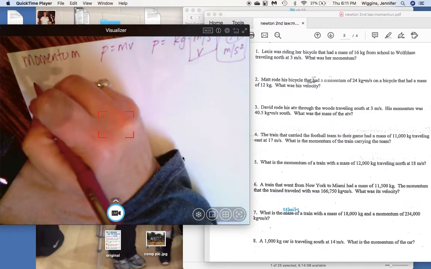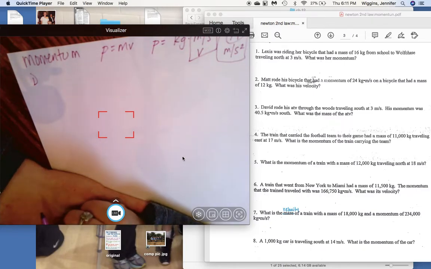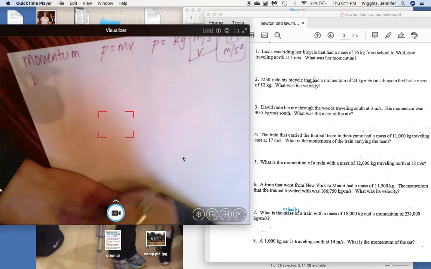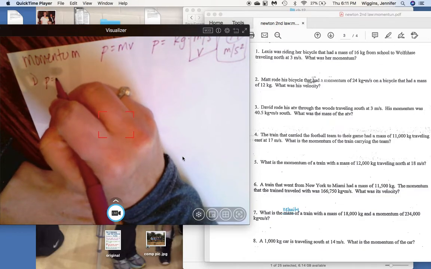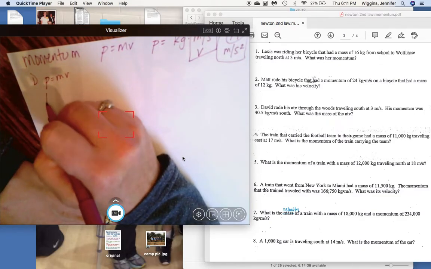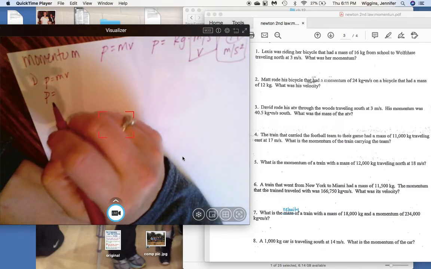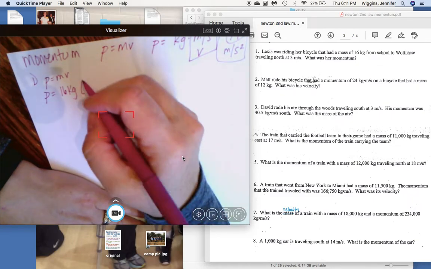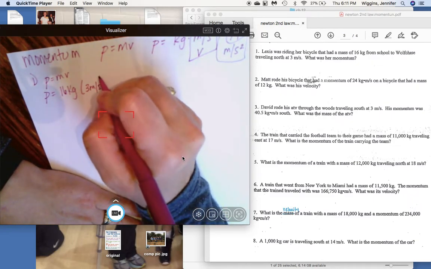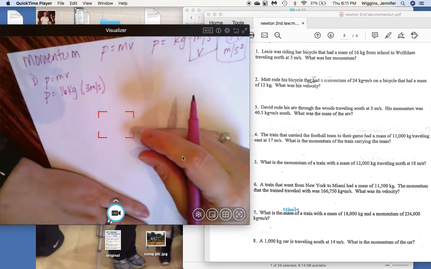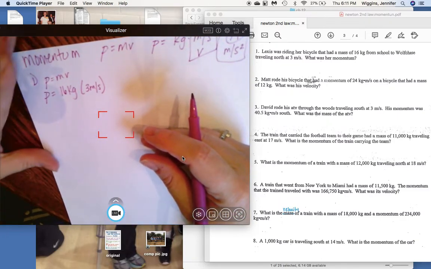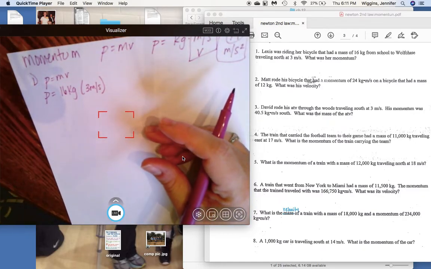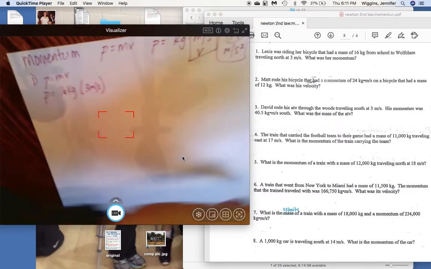Anyway, number 1, it says Lexi was riding her bicycle that had a mass of 16 kilograms from school to Wolf Chase traveling 3 meters per second. What is her momentum? Okay, so P equals M times V. She's looking for momentum. Her mass is 16 kilograms, and her velocity is 3 meters per second. Now, it doesn't say velocity, but you can tell by the unit, first of all, that it's meters, that it's velocity. So 16 times 3,